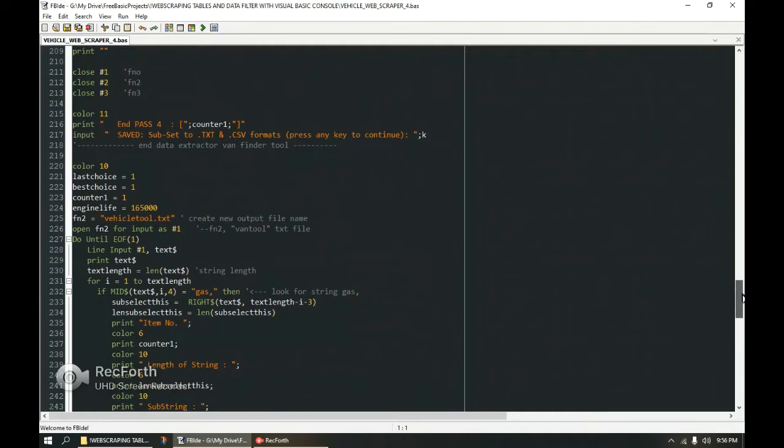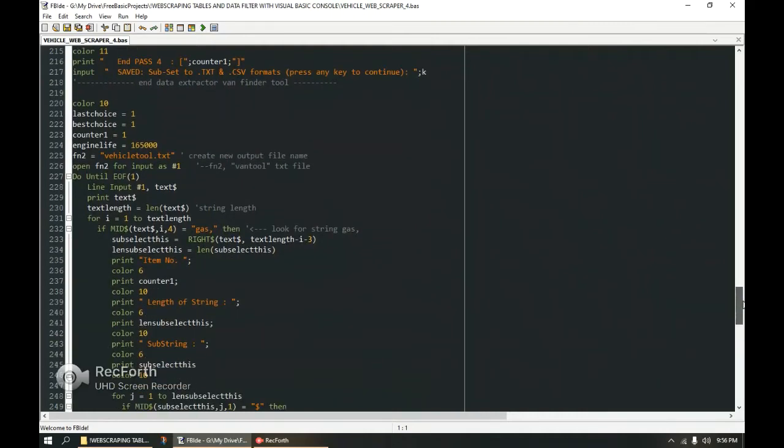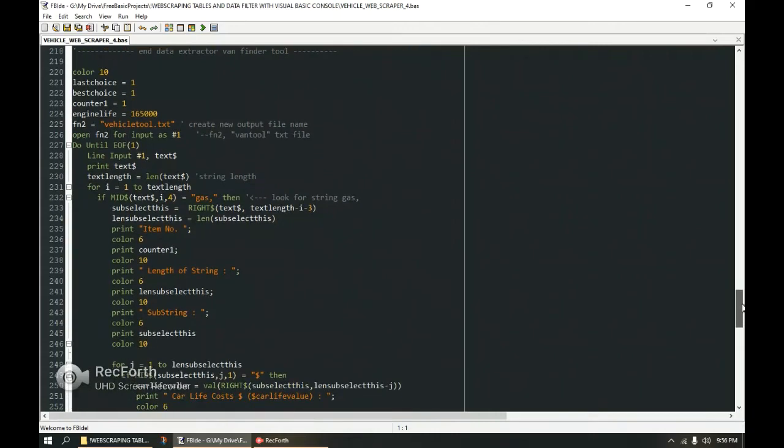Then down here in this section, we're just going to use one of the output files. In this case, we're going to use the text file. So at this point, we've got a reduced number of records compared to the original input record. And we're going to start deciphering how we want to exclude the vehicle that we're